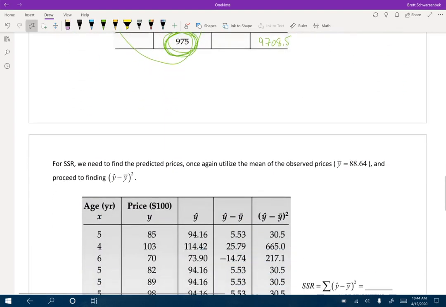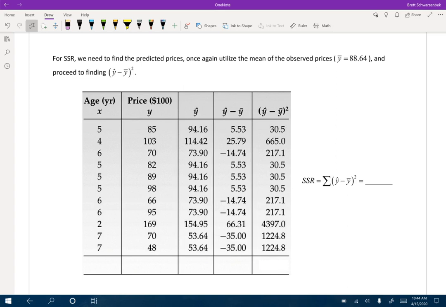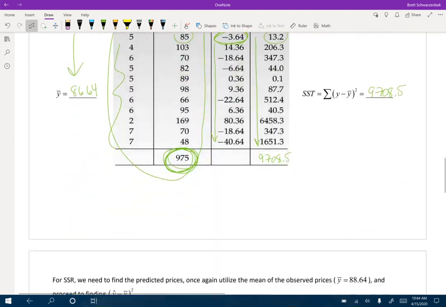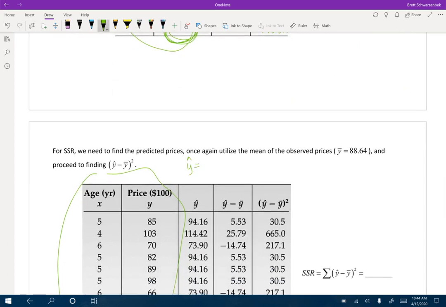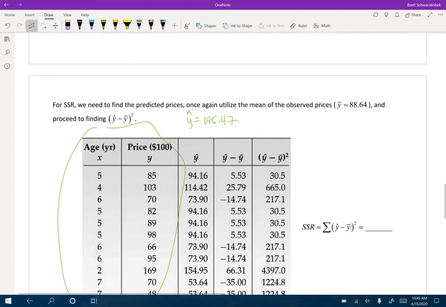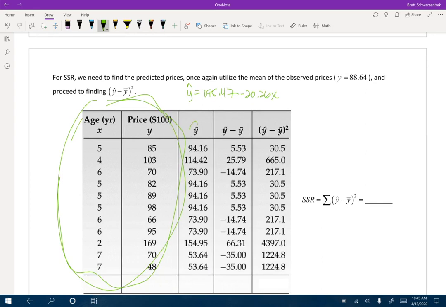So I did the same thing for SSR. What do we basically have to do? Let's say we have all of these values. Remember, y hat is 195.47 minus 20.26x. Okay, so this is our y hat, and we have our x's and y's right here. So what is y hat? Y hat will be taking every single one of your x's and plugging it into the regression equation. If I put 5 into this equation, 20.26 times 5, and then subtract 195.47, I am going to get